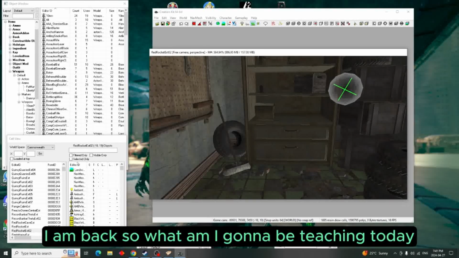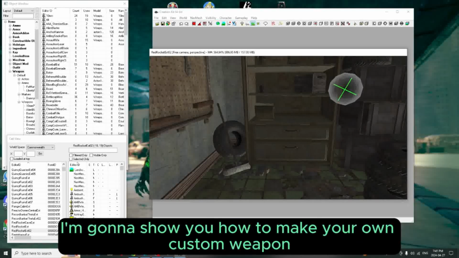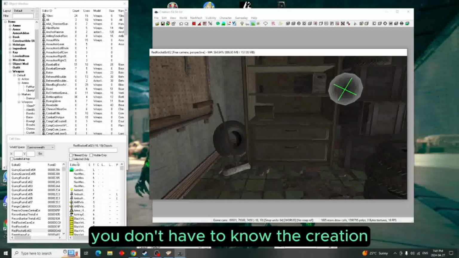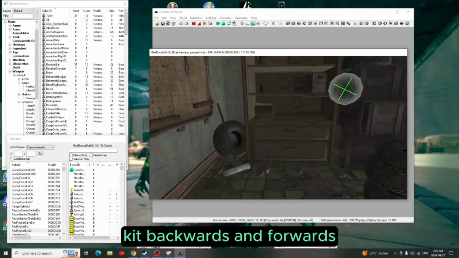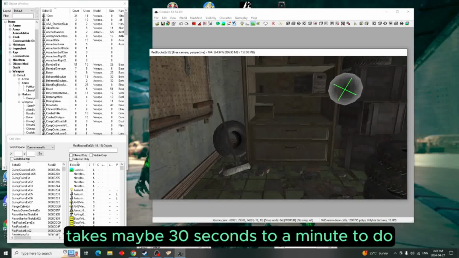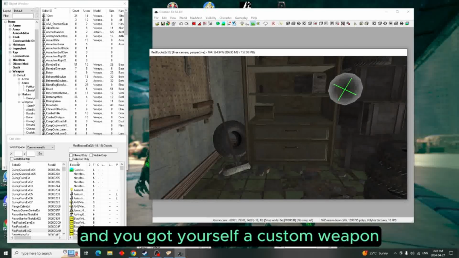So, what am I going to be teaching today? I'm going to show you how to make your own custom weapon. There is no experience necessary. You don't have to know the Creation Kit backwards and forwards. It's just go in, takes you maybe 30 seconds to a minute to do, and you've got yourself a custom